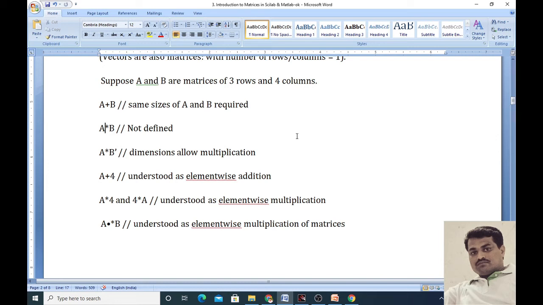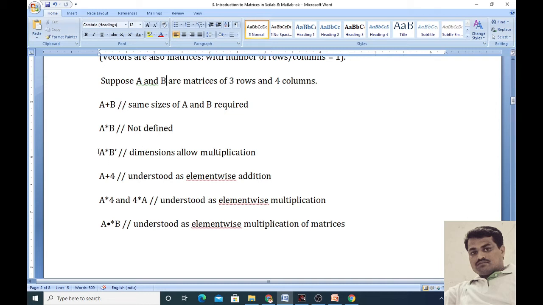the multiplication. For example, suppose B is the 3 by 4 matrix. If we take its transpose, then we get the 4 by 3 matrix. Then in that case we can multiply A with the transpose of B, because the number of columns in matrix A is equal to 4 and the number of rows in the transpose of matrix B is equal to 4.